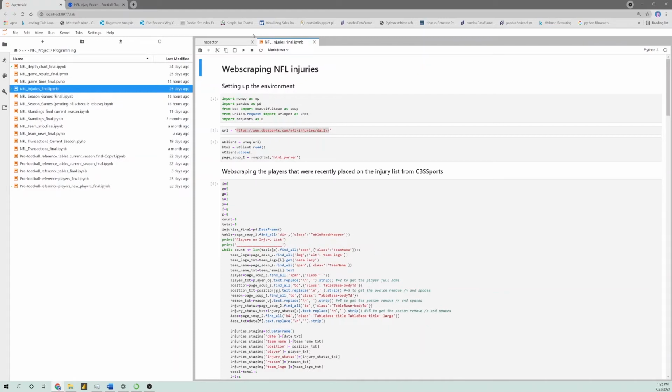So with this script, we are going to web scrape NFL injuries. And I wanted to try and retrieve historical NFL injuries beginning all the way from 2010 and up to the current date, but that was just not possible with the websites I was working with because they only have injuries for the current season. When the new season begins, the old injuries that occurred are deleted from the website and